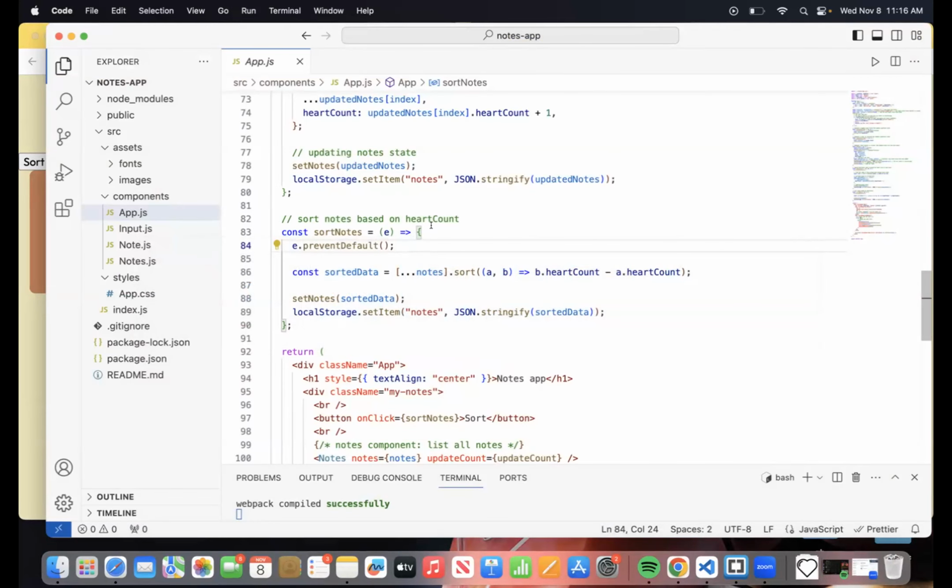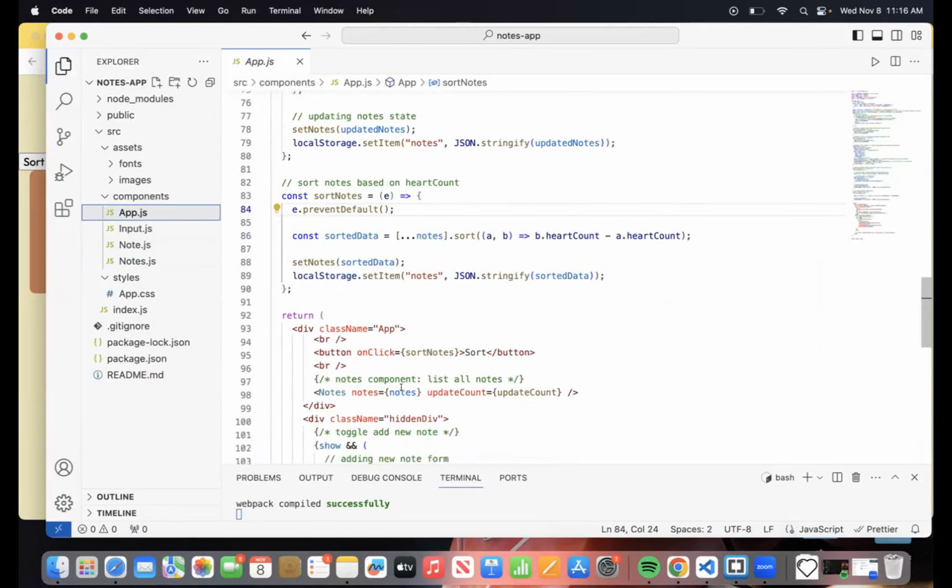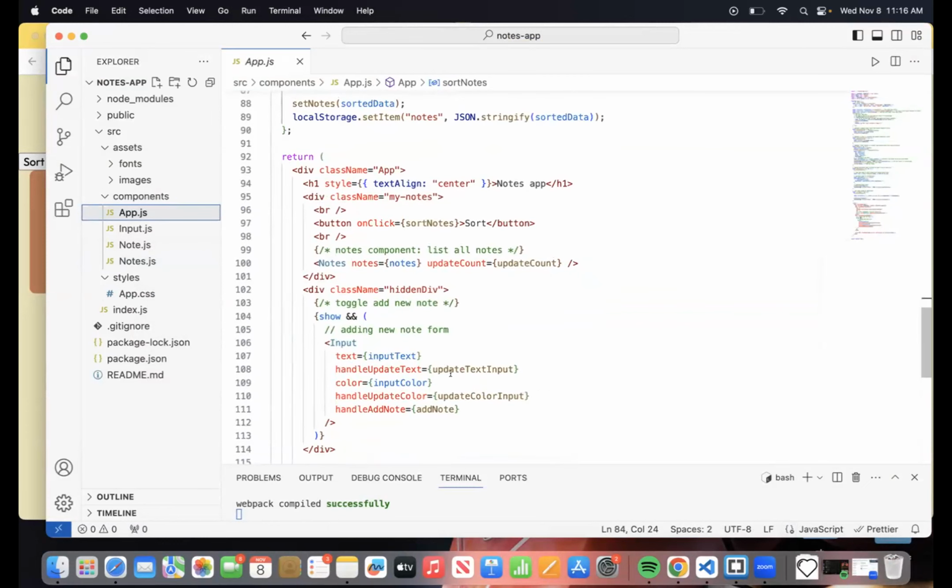For those who joined late, I was just talking about the relationship between the parent component and the child component. As you can see from the child components, we are not really passing in values. We're passing in the functions itself. And through the parent component, we are passing in the values through those functions.